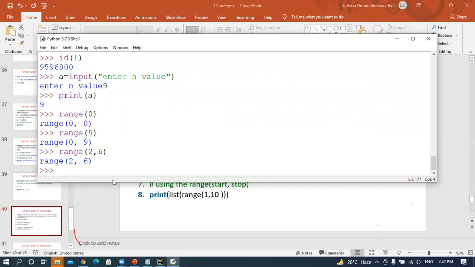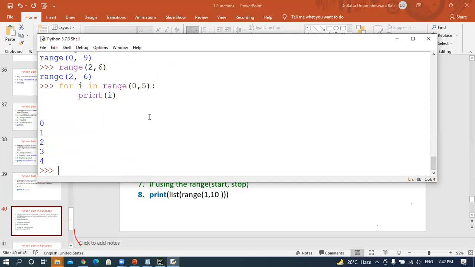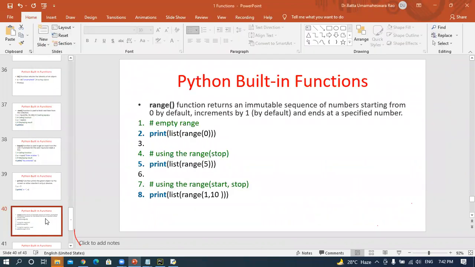Like that, for this purpose, in most cases you will use it in the for loop. For example, for i in range 0, 5. When I ask to print that particular value, okay, print i, it will print values like this, 0 to 4, that means in Python programming 5 is excluded. That is the printed value.